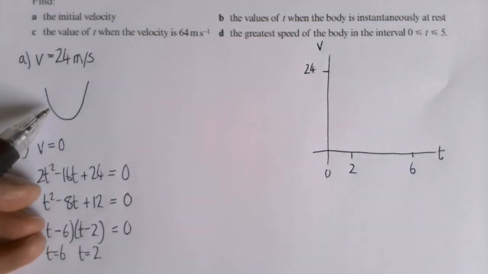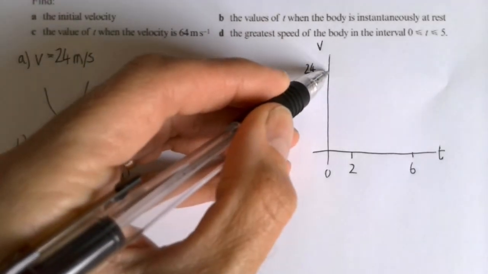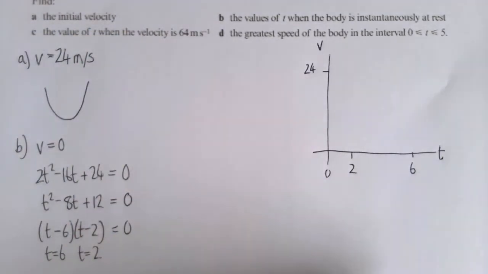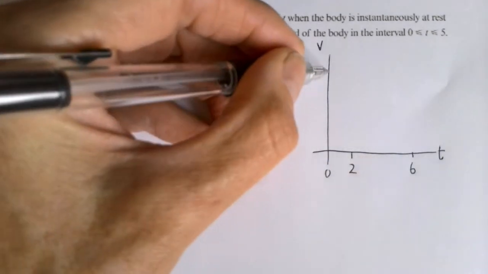Now remember what I said about, I know the shape of the graph, so I'm in a pretty good position now. I know it goes through here on my velocity axis, and I know it goes through my time axis there, so I'm going to say, right,